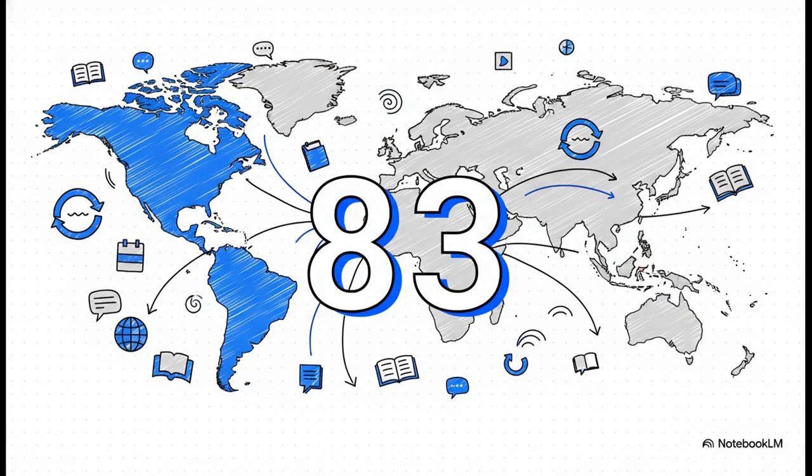So what happens when you commit to this kind of radical simplicity? Well, you get global reach. That one Wiktionary page for hair that we started with, it's been translated into 83 different languages. That is incredible. It just shows you there's this massive, worldwide demand for clear, simple, accessible information.